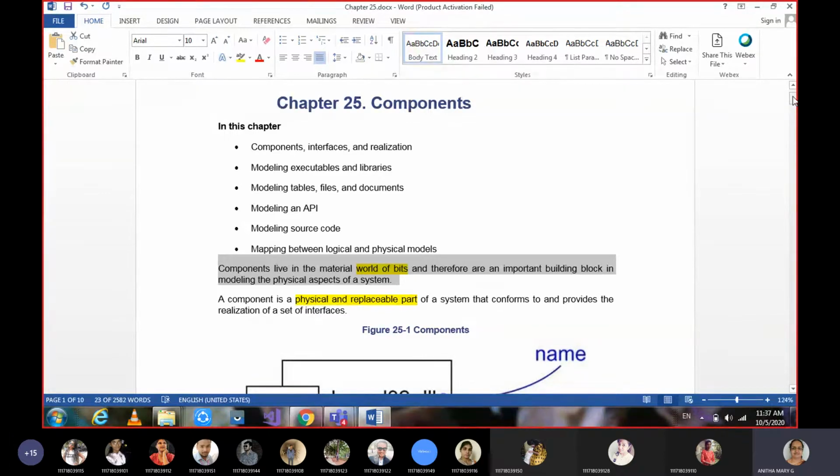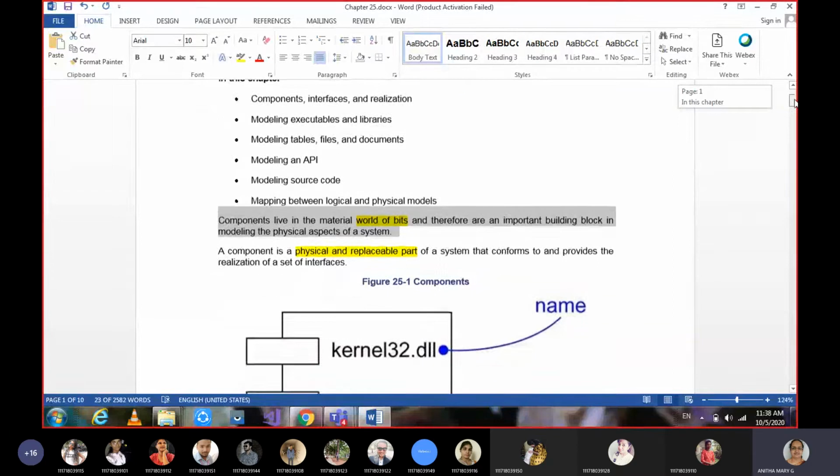So the contents of a pen drive or CD are going to be stored in binary format. That's why we say components live in the material world of bits, and they are also important basic building blocks in modeling the physical aspects of the system. As it is a physical component, we are saying it is a physical aspect of the system.